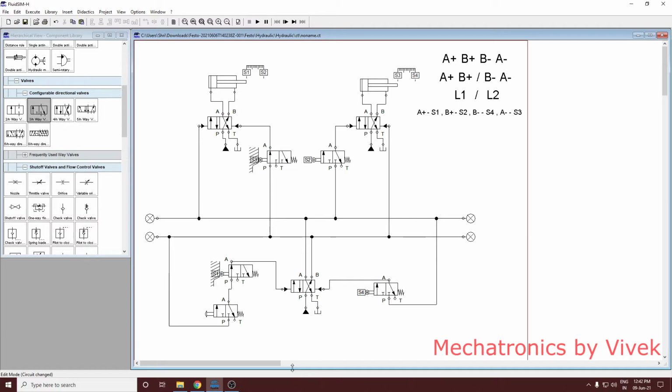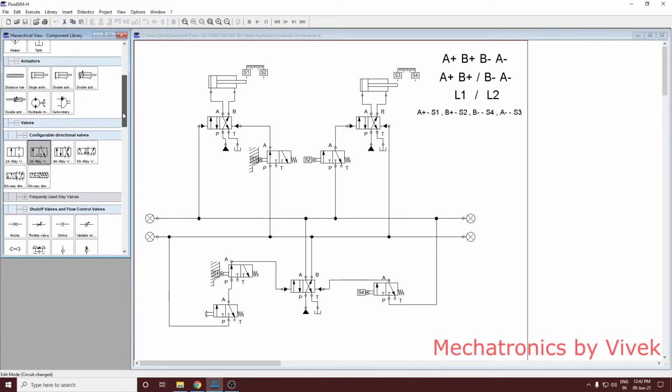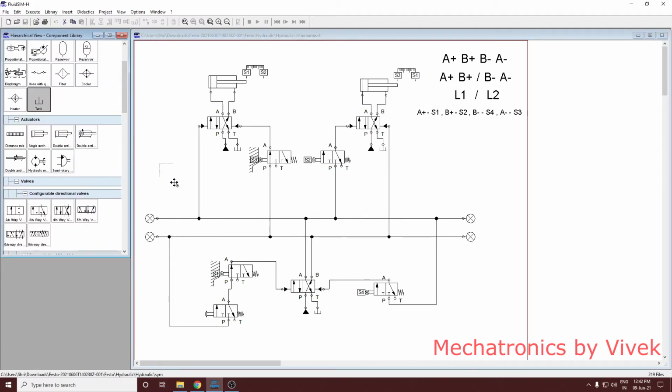Now you check if there are any open connections, and then fill them properly. You can see there are some open connections which need to be plugged in using a tank. As you can see, there is one requirement of tank here. There is one more requirement of tank here.